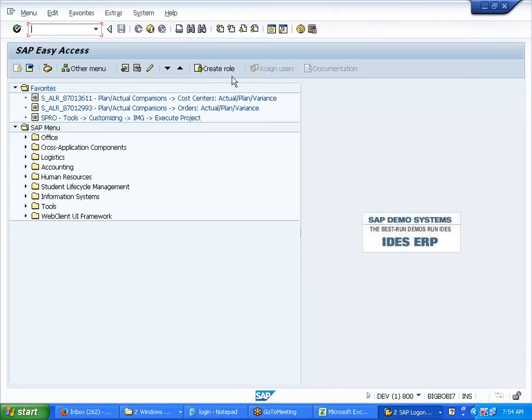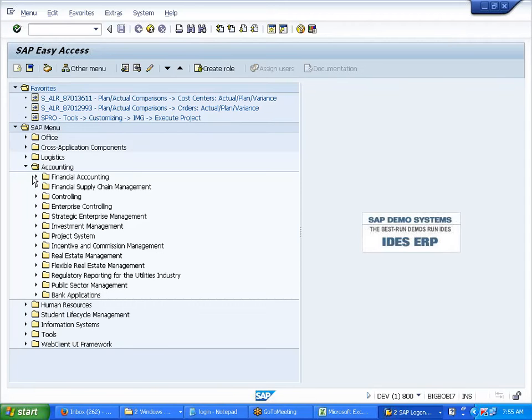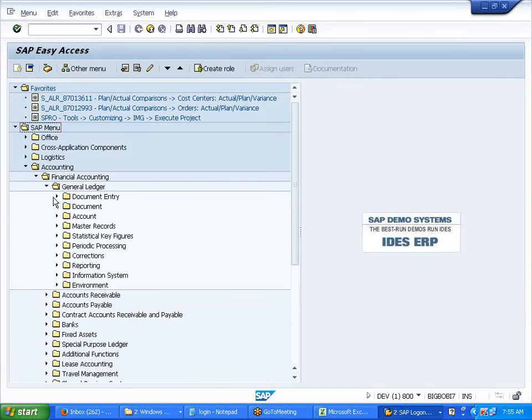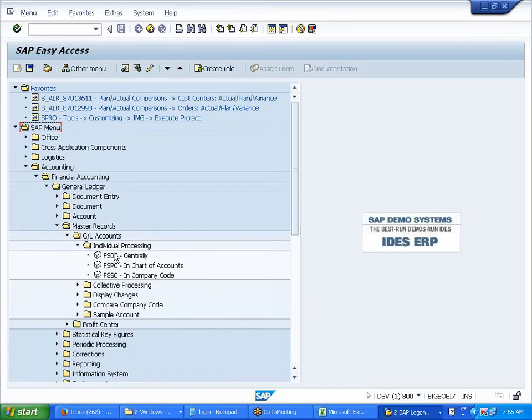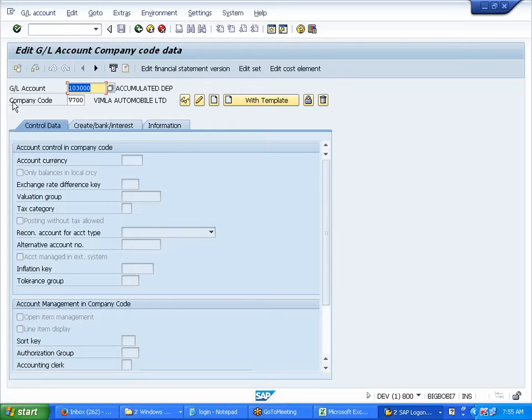Now let me show you. I'm coming back to the easy access for testing: Accounting, Financial Accounting, General Ledger. Here you see the screens: centrally, chart of account, company code. I'm starting with company code first.